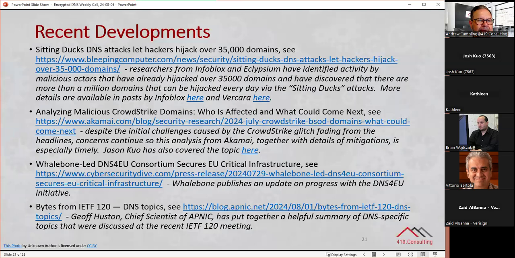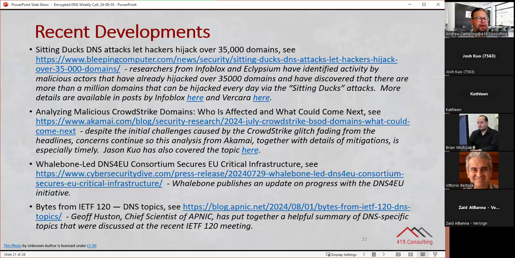There also continues to be follow-up on the CrowdStrike incident. Akamai put an interesting piece out, and dare I say it, Jason even did as well. So Josh, I don't want to put Jason on the slide, that confused me. Yeah, I think I saw it on social media this morning, Josh. So there's a good amount of analysis out there. No doubt that will continue. Definitely worth a look.